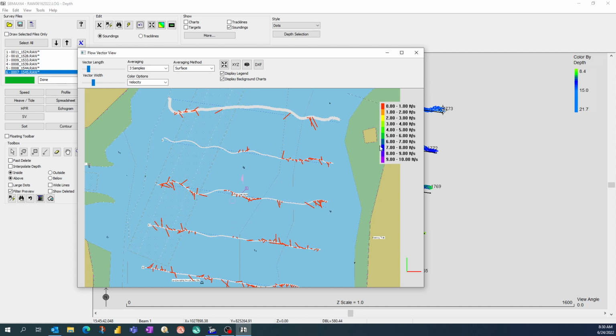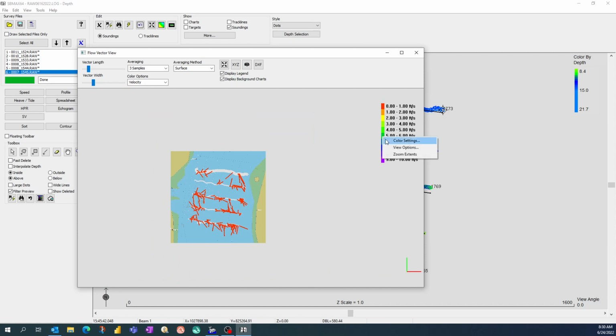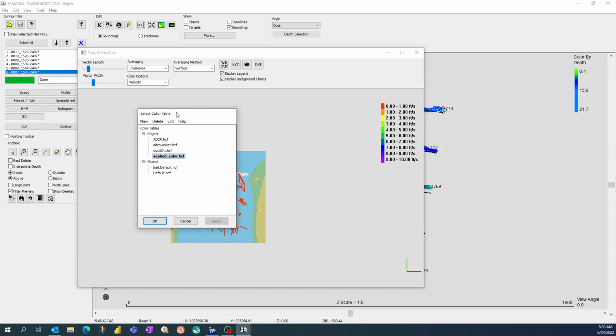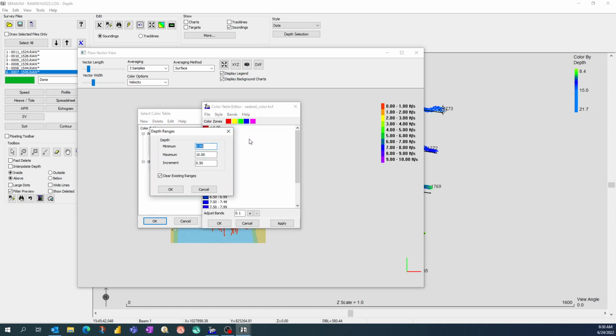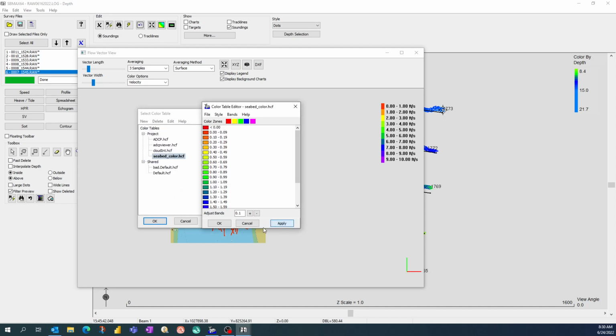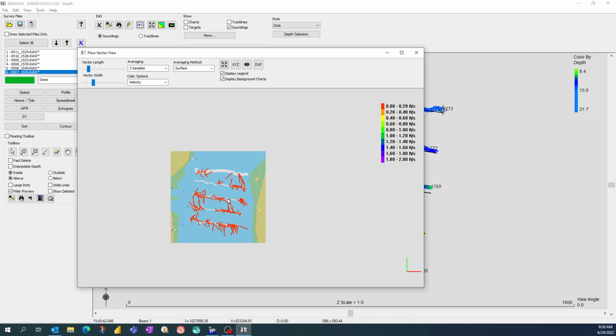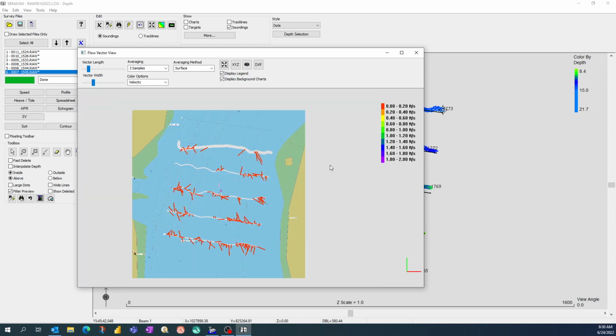And now my velocities are down to 10 feet per second. You can see it didn't really have an effect. But if I right click on it again, let's go edit and set my bands. We'll say most of that looked in the orange. We'll go 2 feet per second, 1/10 of a foot per second increments. Still had no effect. So I'm imagining, I don't know what the numbers are, but that's how you would change